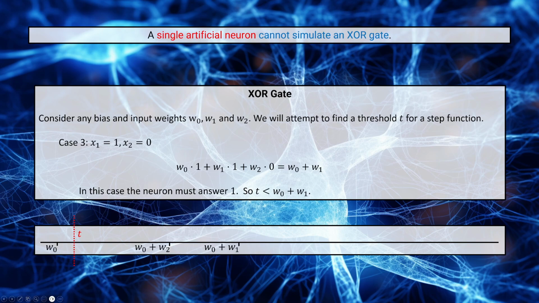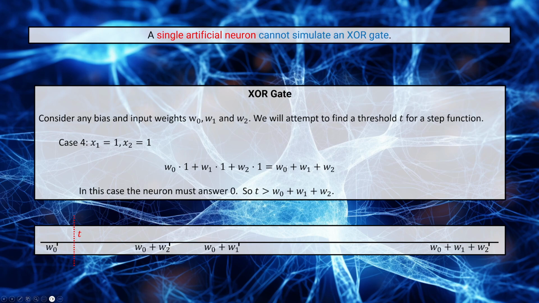What matters is we can still draw our T here, where it's 0 on the left-hand side and 1's on the right, and both of our 1's are on the right, so we're fine. Okay, so far so good. If we can get the last case, we're good. So in this case, we're going to set both of our inputs to 1. We've got x1 equals 1, x2 equals 1. And now when we compute our weighted sum, again, still having the bias term,